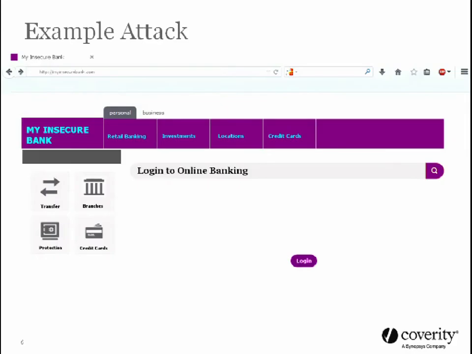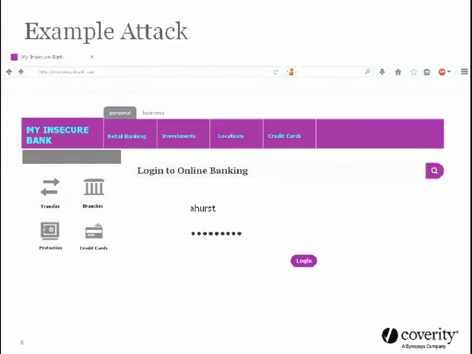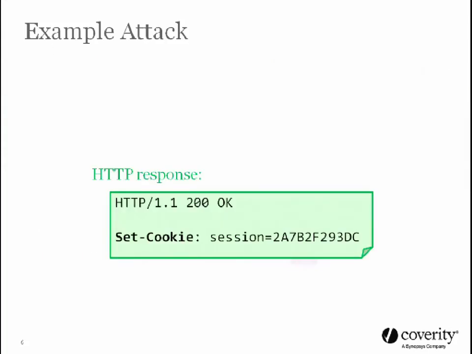So the best way to show an attack is to just walk you through a simple one. So I've decided to bank with my insecure bank. They have a really good CD. It's 1%, so that's good these days. If I log into it with my account, do some banking,